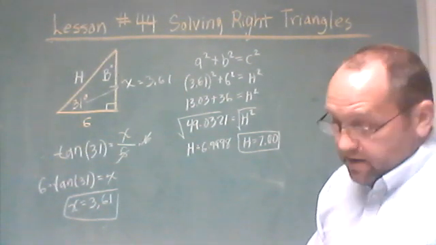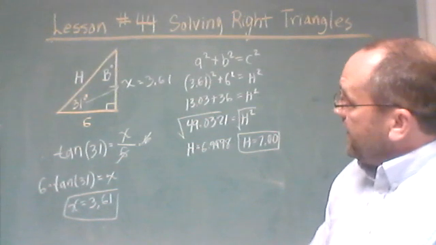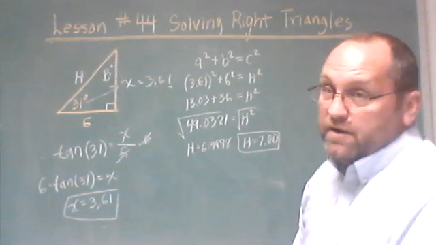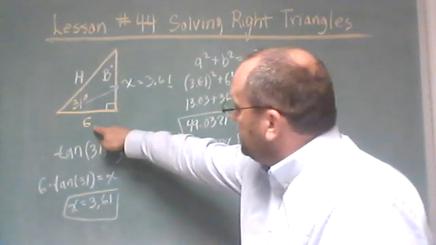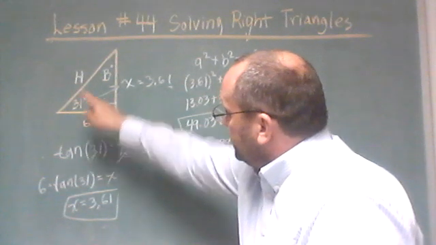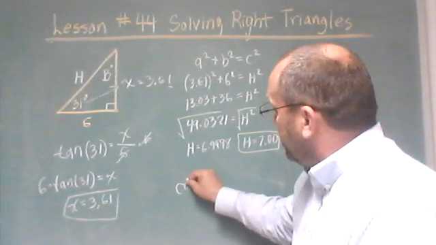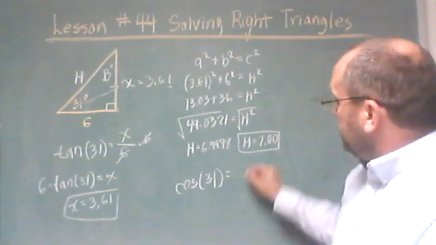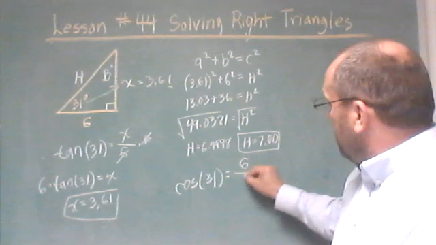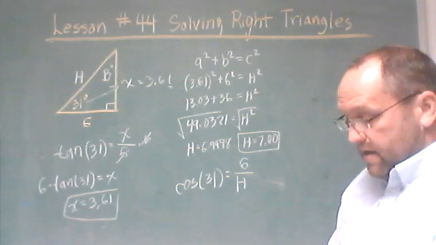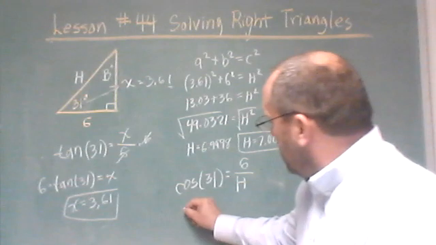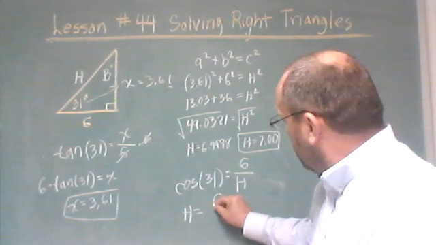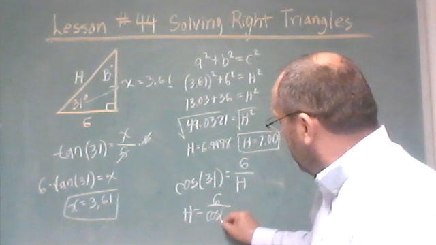Let's do it using our trigonometric function, okay? And again, I'm not going to use this side x because this number is actually rounded, so let's use the exact numbers they give us. So can I use a 6 and an h? Yeah, if I use the cosine function, the cosine of angle 31 equals the adjacent leg length 6 over the hypotenuse, okay? So if I rearrange that equation, I will get h will equal 6 over the cosine of 31,